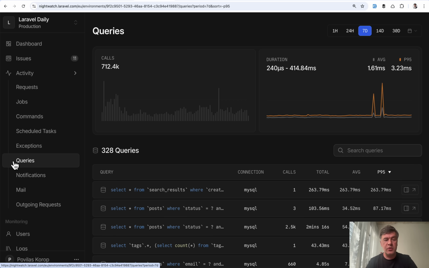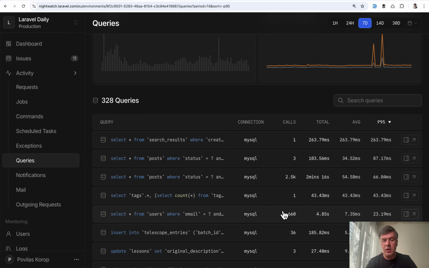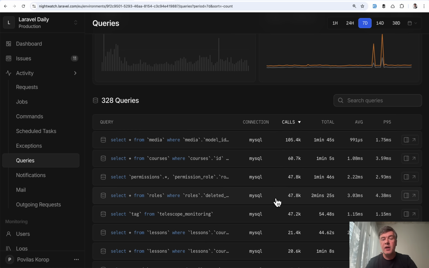Also, one of the most typical use cases is activity queries. So database queries are also logged here, and you can again filter by P95 or order by P95 or by something else and identify the slowest SQL queries, or for example order by calls and identify the most common ones and maybe find an n+1 query problem somewhere. So you can look at queries globally like this, or you can dive into individual requests, for example, and this